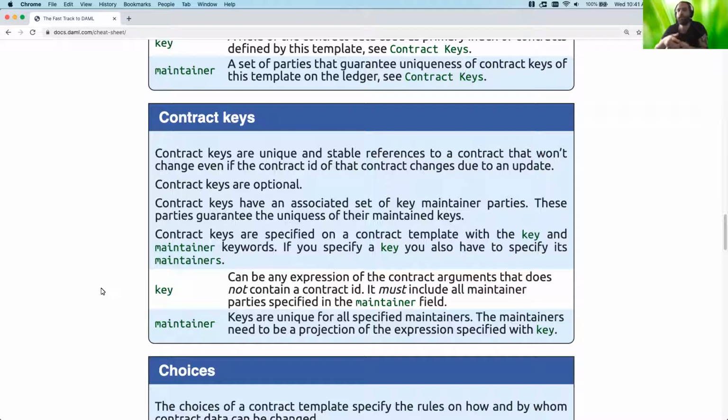And yeah, so that's a brief explanation of contract keys. If you want to know more about them or understand them more in depth, you can always go to